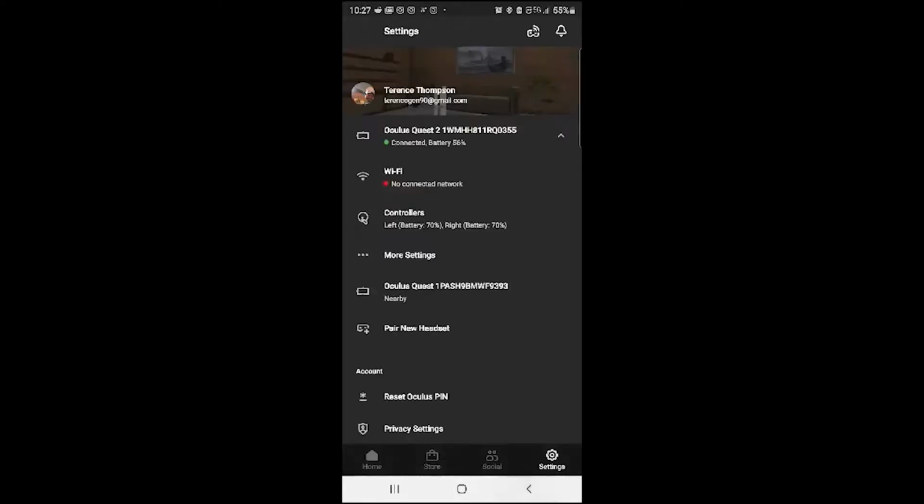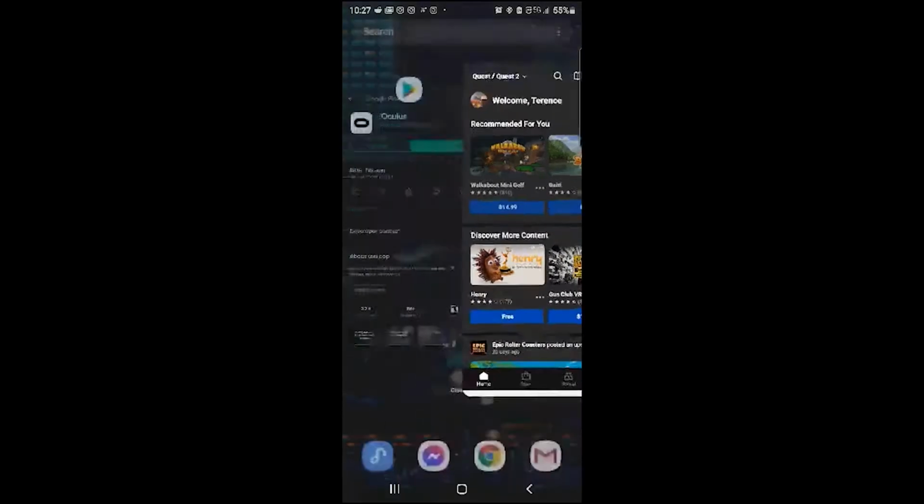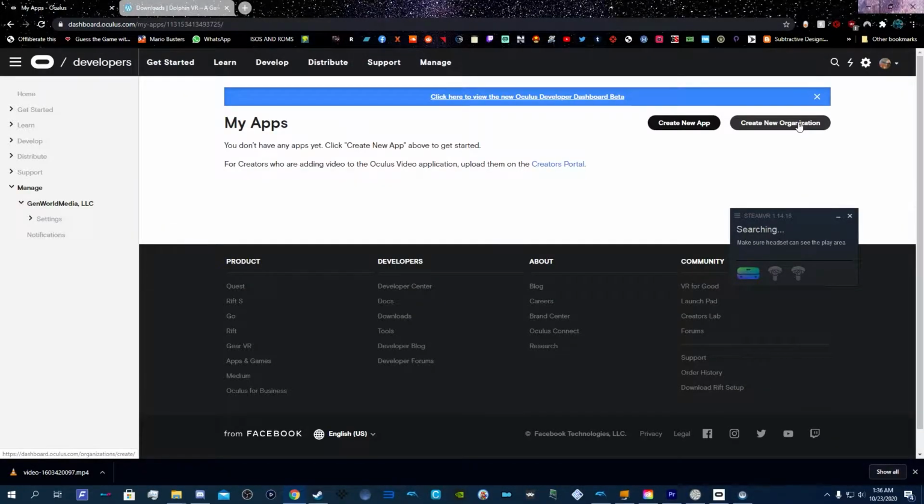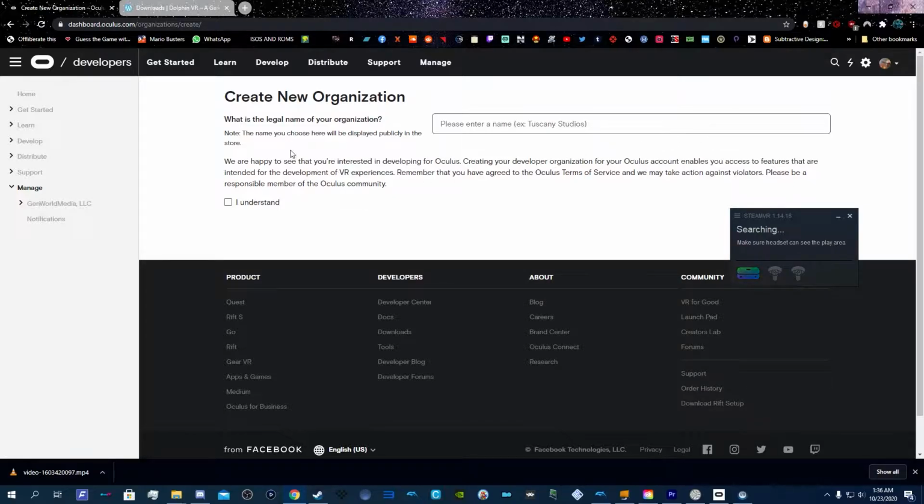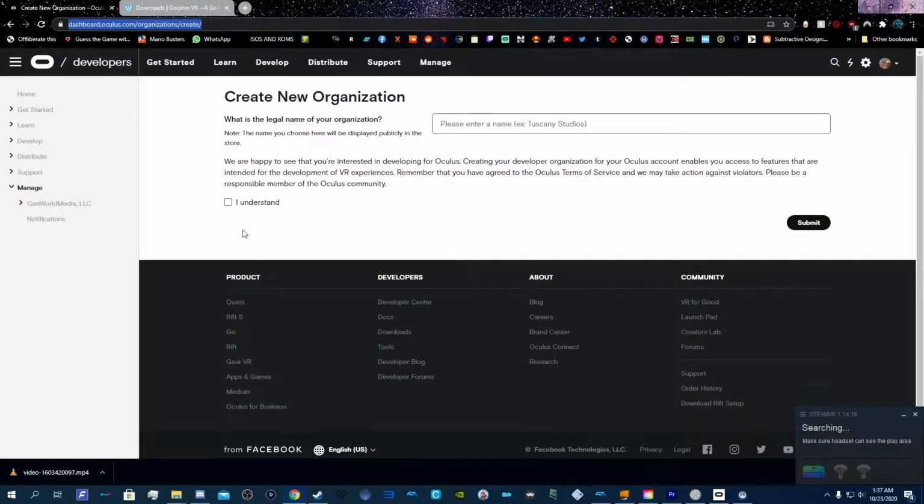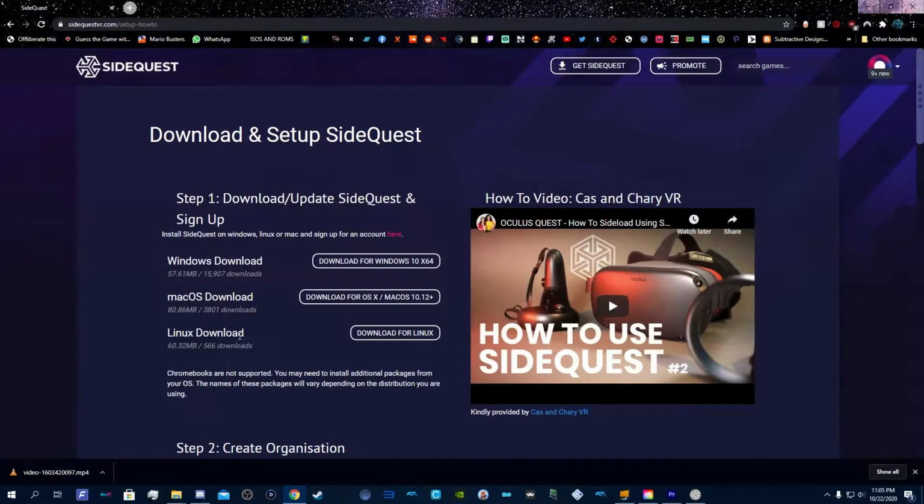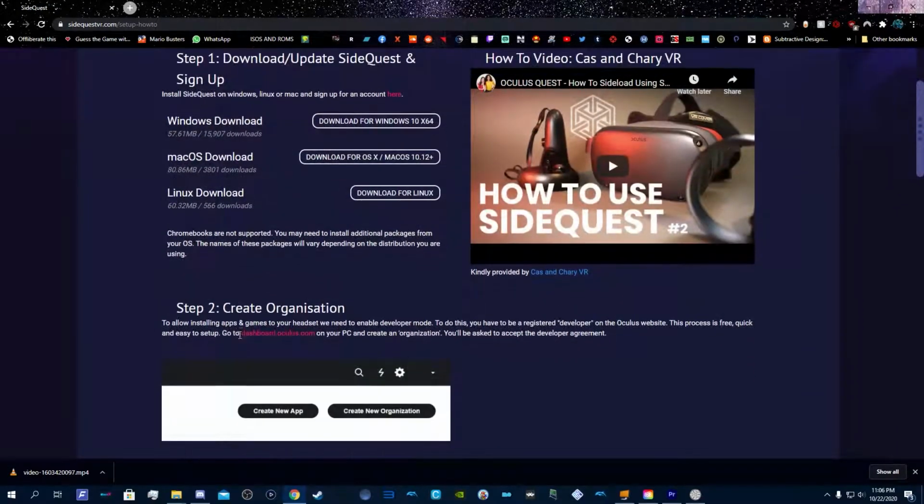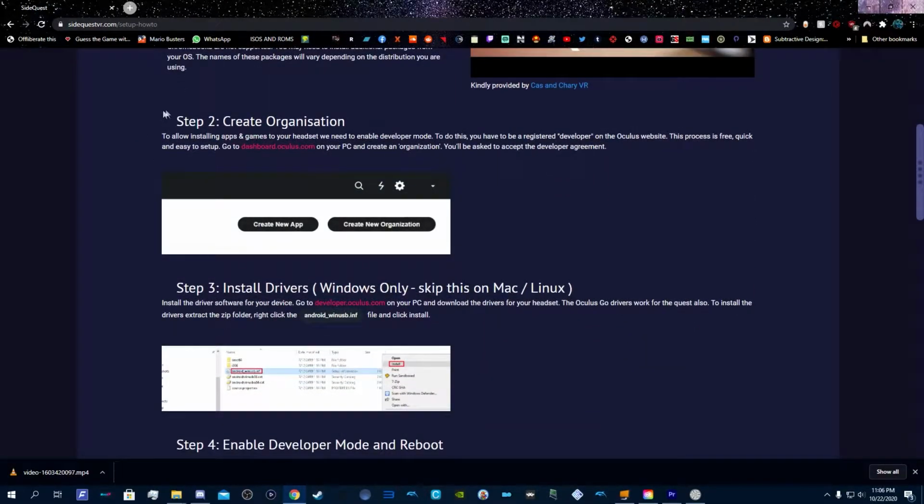Now, your developer mode, if you do not have an Oculus account, this is your first time hopping on, you're going to want to create an organization. Your organization is going to be done through the Oculus site itself with your Oculus account. With that, creating that organization will allow you to access basically all of the features of the headset, such as using SideQuest to its fullest potential. And you just have to install the drivers, make sure everything there is up to date, and from there we